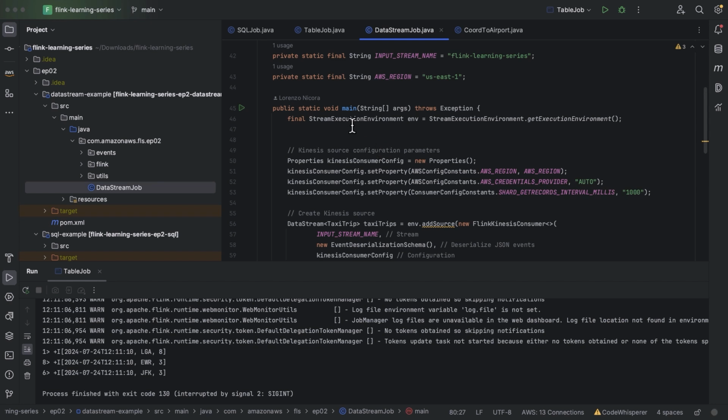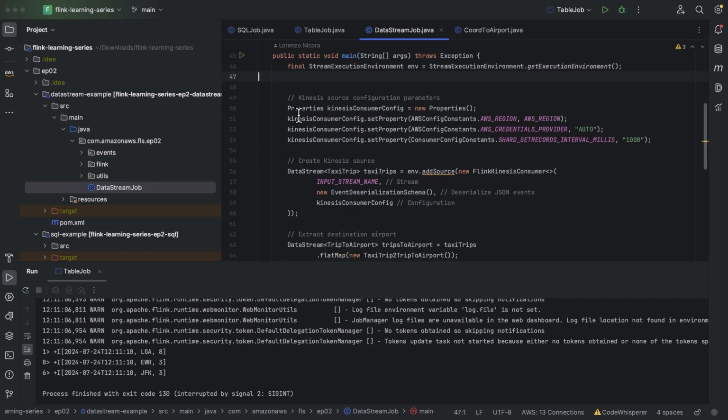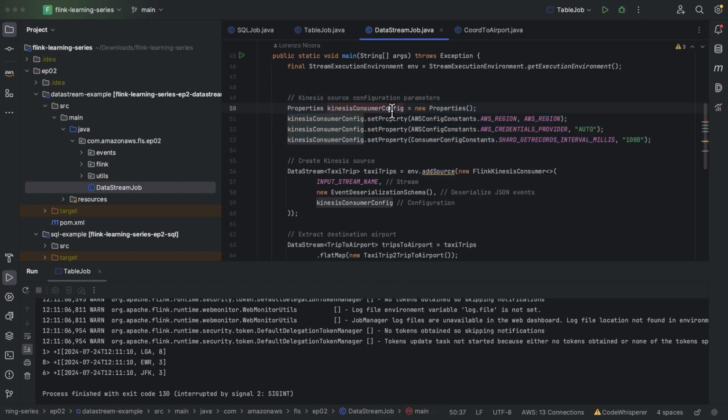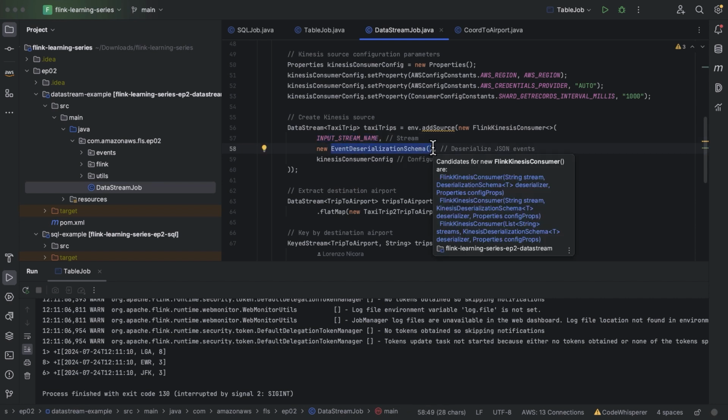For the DataStream API, we just need to have the stream execution environment. We build the properties, with all the necessary configuration for our connector, again Kinesis Data Streams, and we build our data stream. We provide the Kinesis data stream name and how we're going to be deserializing those events.